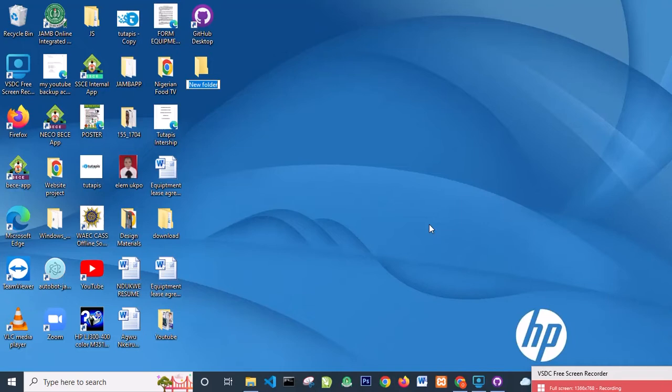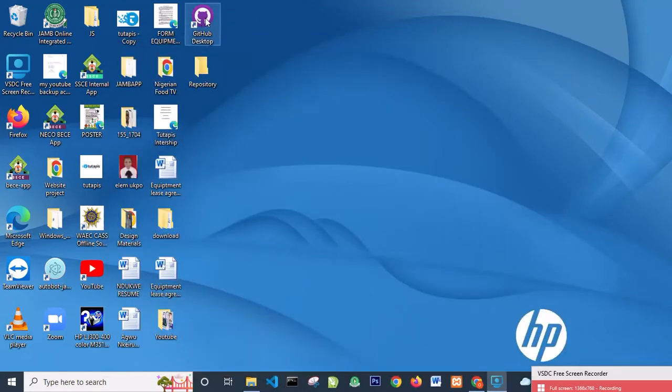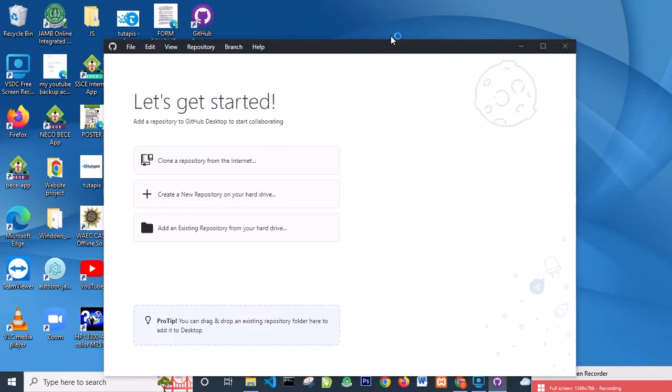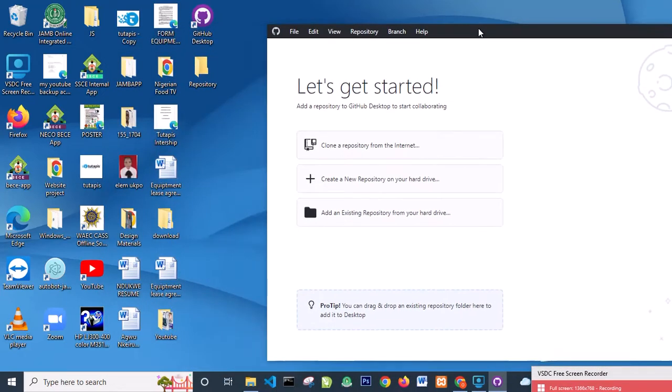So let me say repo. Let me just give you the name, repo, or repository. Let me just say repository, something like this. Once this is done, the next thing you need to do is to open the desktop version that you've created. Open it. Okay, once it's open, the next thing you need to do is to create a repository and save it inside